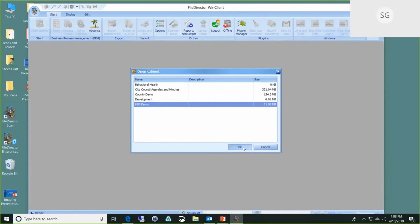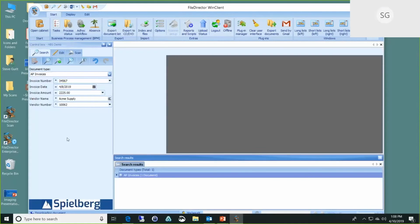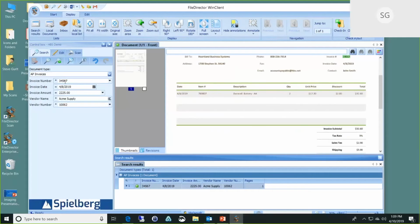So I'm going to open up this HPS demo file cabinet. Within a file cabinet, we can have multiple document types configured for storing. In this cabinet, I have AP invoices, AR invoices, human resources, etc. For each document type, there's a set of index fields to find documents. So to find a document, you fill in one or more of these index fields. You hit the search button, and it'll bring back a list of all the documents that match that search criteria,